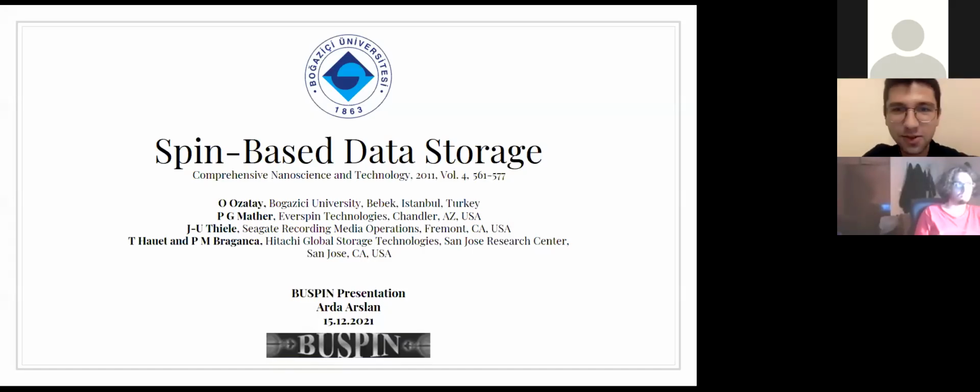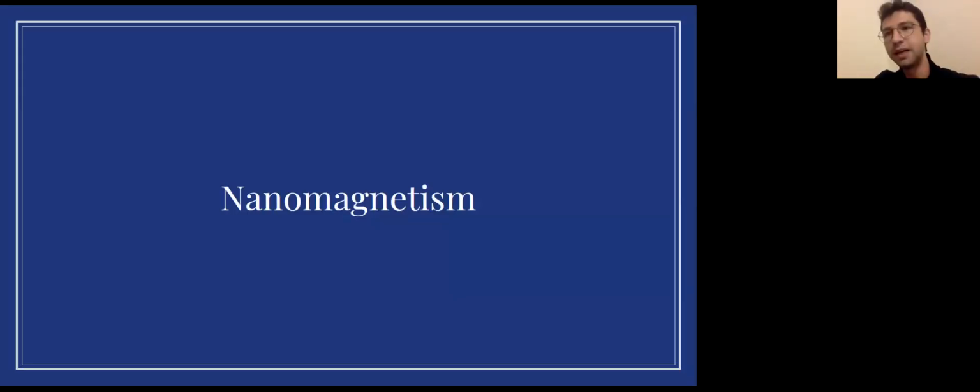Hello everyone. Today I'll present the spin-based data storage chapter of the Comprehensive Nanoscience and Technology book. So in this chapter, we'll mainly talk about the new phenomena that emerge in submicron scale structures, called nanomagnetism. This phenomenon, nanomagnetism mechanisms, has been a topic in many subfields, but here the main topic is